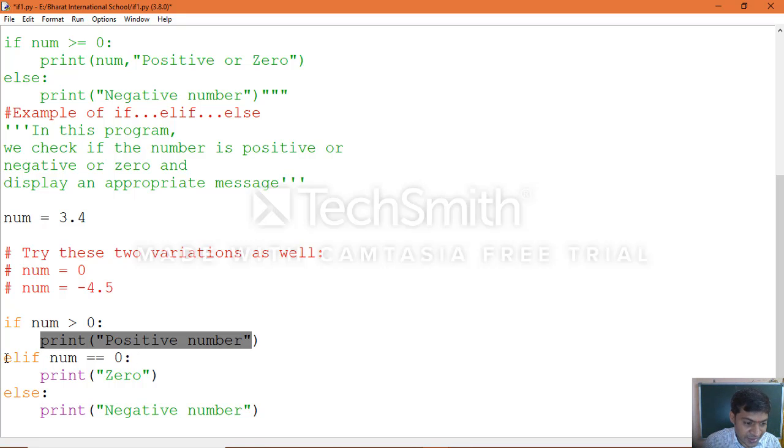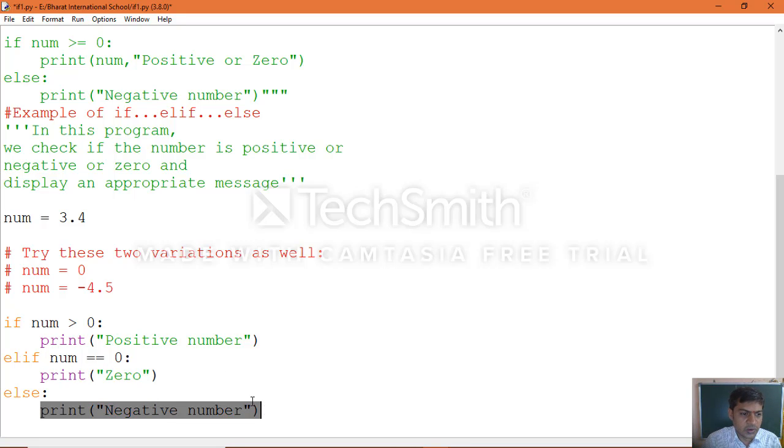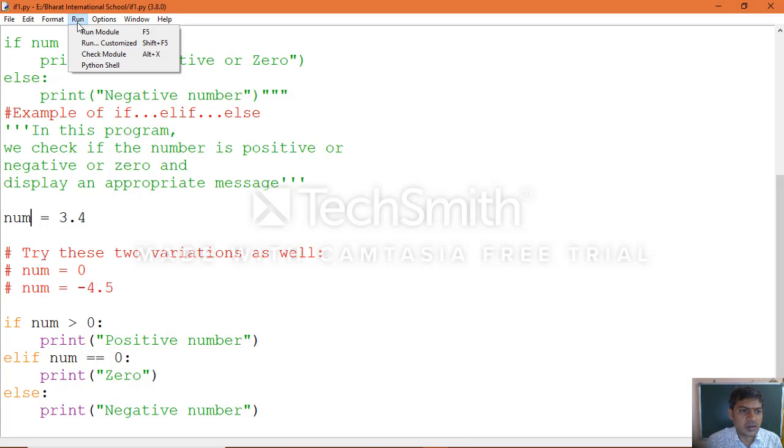Elif, which means else condition along with if condition. Else part including an if condition. Okay, so num double equal to 0, if the condition becomes true, then print 0. Same way the else block. Okay, if this is false and this condition within the else block is also false, then it comes to the negative part. So this else block statement will be executed. We'll see first num, this one we will execute, then we should get the positive number the first time. Save our application, go to run module.